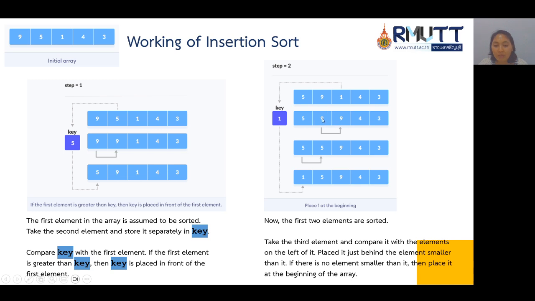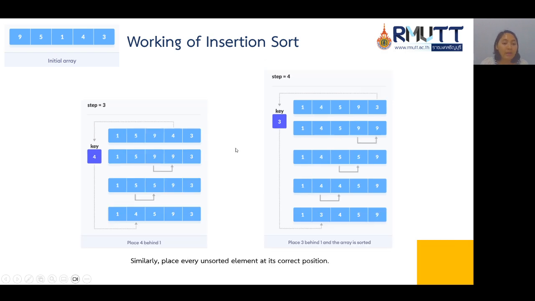1 is compared with 9, and then swap because 1 is smaller than 9, and then after that 1, the key, is compared to the element 5, and 1 is smaller than 5, then swap again. And then step 3 and also step 4 are similar